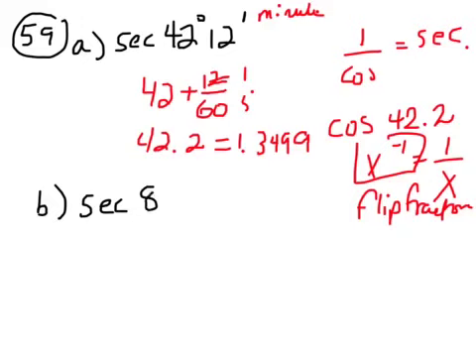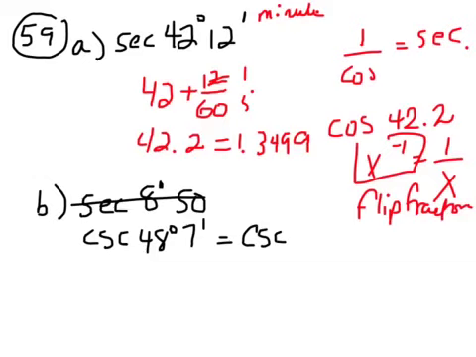And so secant 8 degrees, 50, oh, I'm off on the wrong one. It's cosecant 48 degrees, 7 minutes. Okay, so this is going to be the cosecant of 48 point something, and I got to figure out what the point something is. 1 mark means minutes, so that's like 7 over 60. So let me divide in my calculator. 7 divided by 60